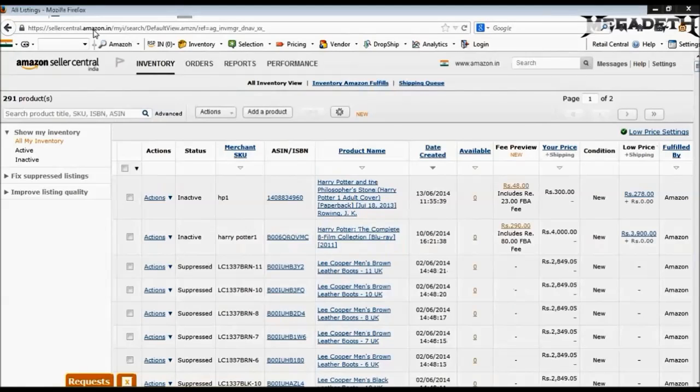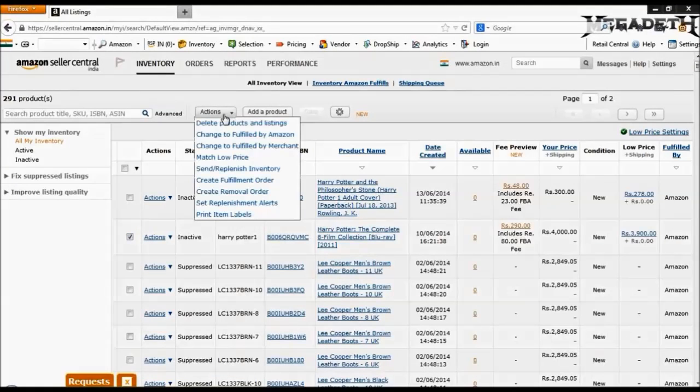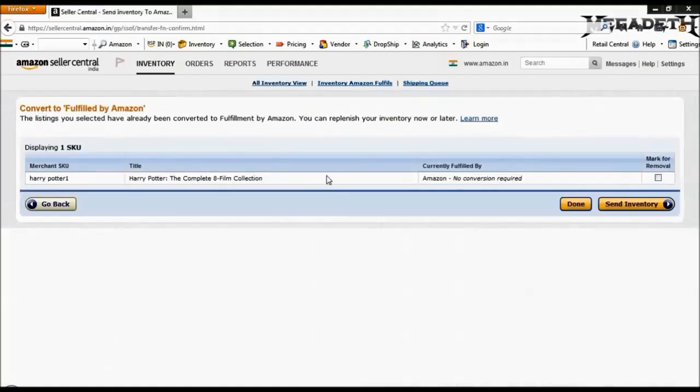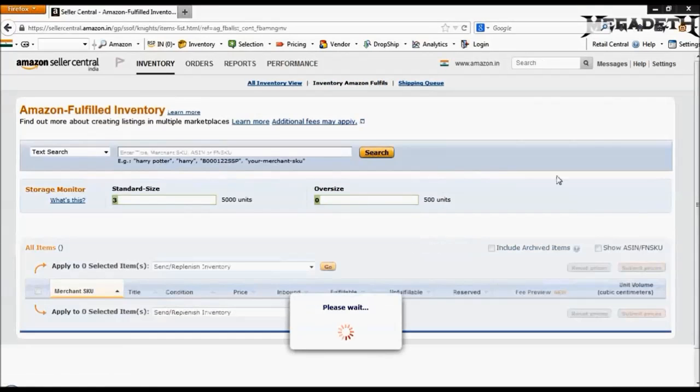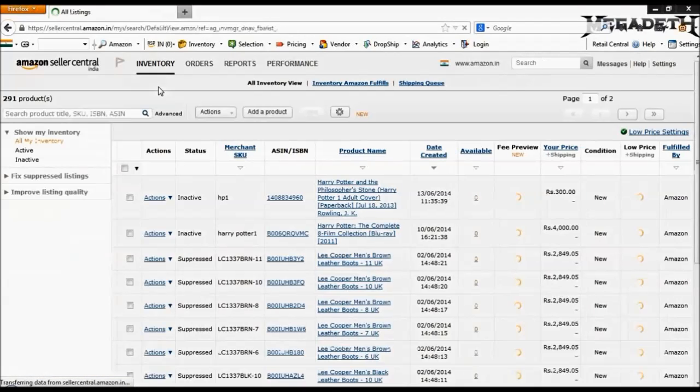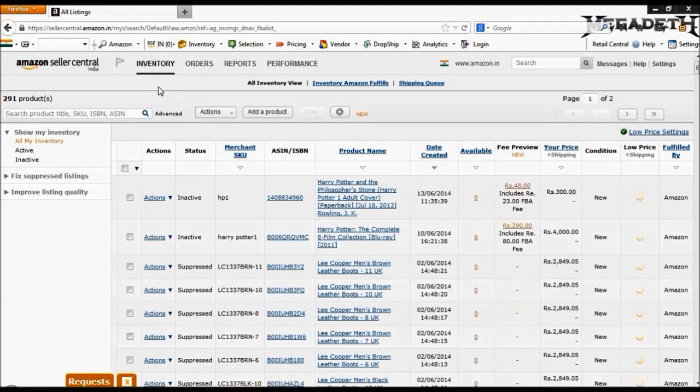You will select the product that you want to convert to FBA. Under the top action button, you will get an option called Change to Fulfill by Amazon. You will click on this particular option. It will take you to a next page where you only have to click on Done, and this product will be automatically converted. So make sure any product that you add, you convert them to Fulfill by Amazon and then